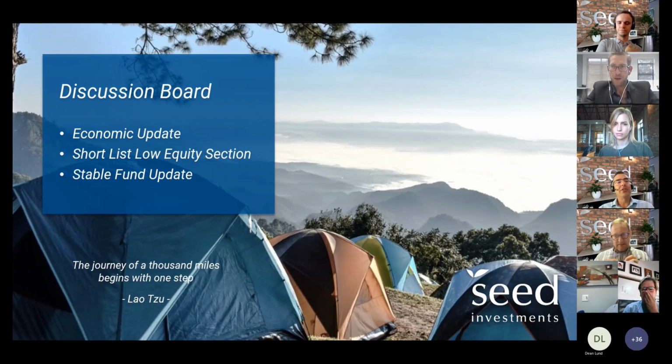Continuing with unpacking our new shortlist. Well, it's not so new anymore, but continuing on that journey, Tawanda will focus on that low equity section today. You'll remember last month we spoke about the income section. Today we'll do the low equity. And then next month we'll go on to the balance fund section, the multi-asset high equity. So low equity is obviously that bridge section that sits between income funds and balance or equity funds, and a section that's often overlooked, but a section that certainly can play a very key role in building client portfolios. And then closing out our session today, Mike will have a quick look at how the revised seed stable strategy has actually played out in the fund.